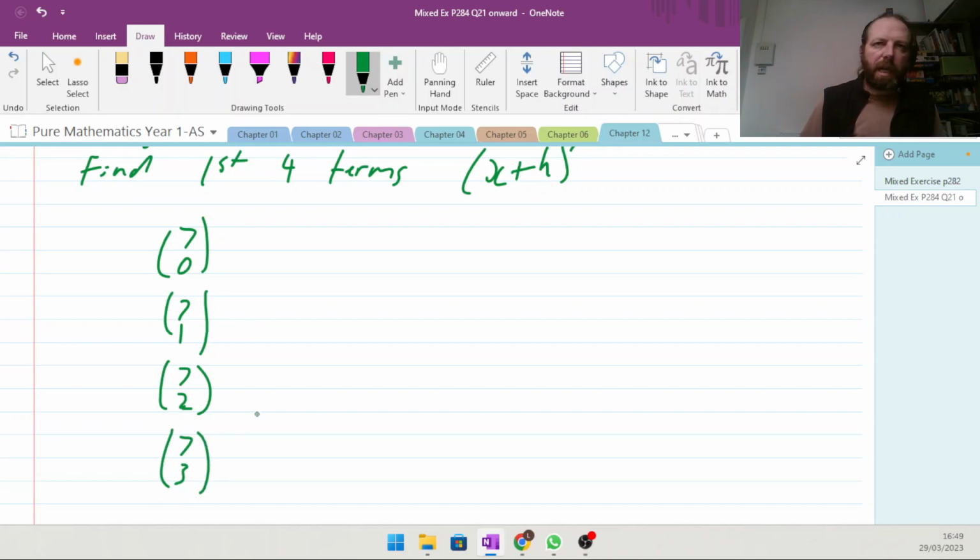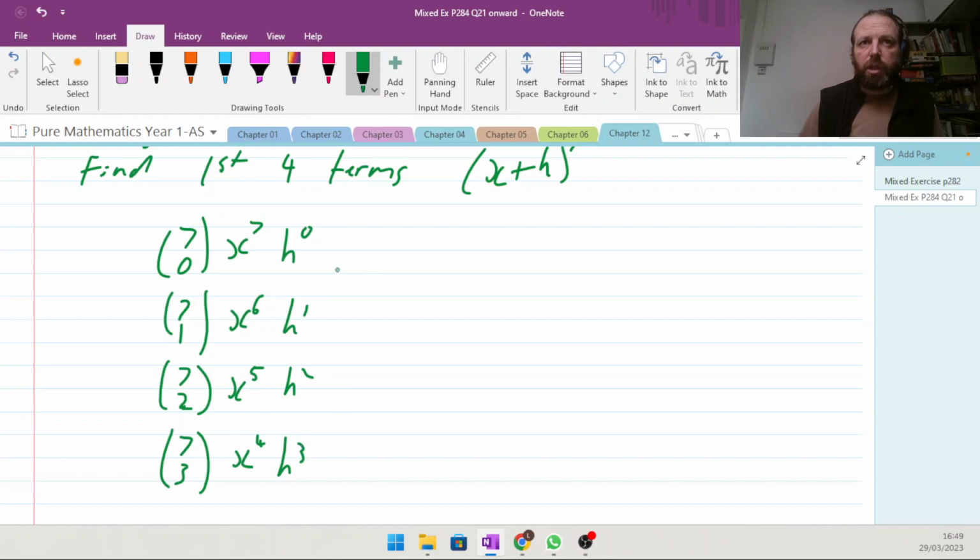We are then going to have x to the power 7, x to the power 6, x to the power 5, and x to the power 4. And then h to the power 0, h to the power 1, h to the power 2, and h to the power 3, which gives us then